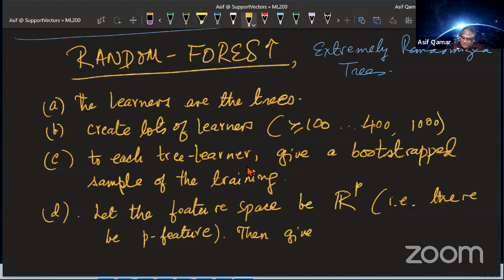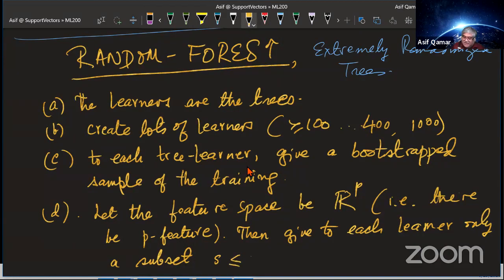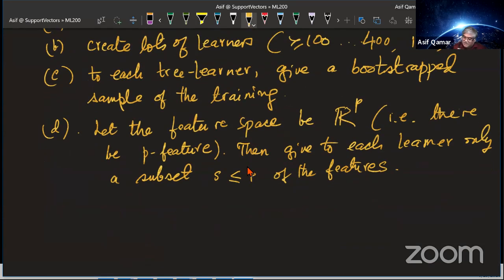Give to each learner only a subset, let me call it S, which is smaller than or equal to P of the features. So you can give it all the features, but ideally less than P features. The random forest algorithm doesn't put a restriction, but